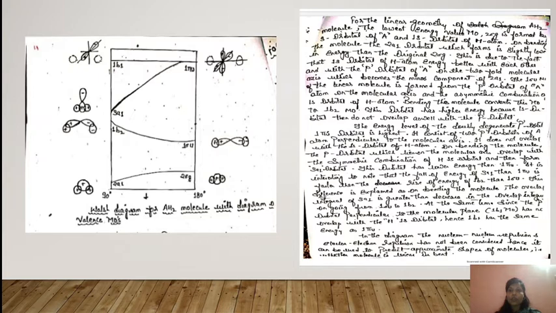Now, on excitation, the 1 sigma u molecular orbital of the linear molecule is formed. It is formed from the p orbital of the A atom on the molecular axis and the asymmetric combination of the 1s orbitals of the hydrogen atoms. In 2 sigma g there is symmetrical overlapping between A and H, but in 1 sigma u there is asymmetric overlapping between the hydrogen atoms and the A atom. The p orbital of A and the 1s orbitals of hydrogen are used, because AH2 means two hydrogens are there.